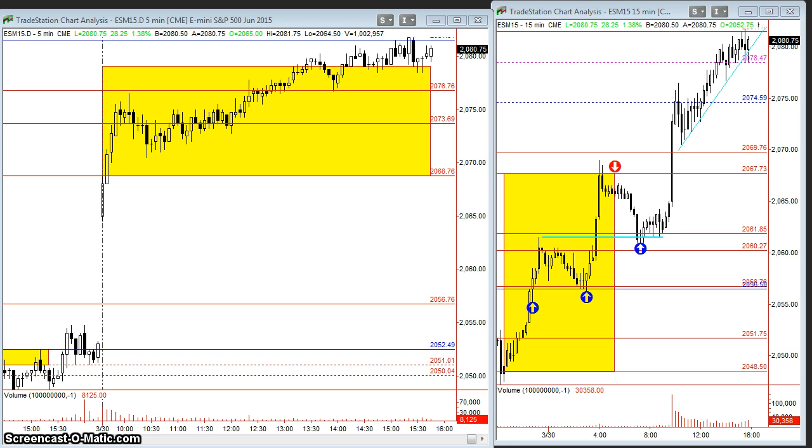And our initial call was 61 support. Try to buy that 61 zone with a 58 stop. That was the breakout from the previous day's high, and any day high if we could take out the overnight high. Once that first bar came out strong and knocked out all of the stops, all the aggressive shorts, we felt